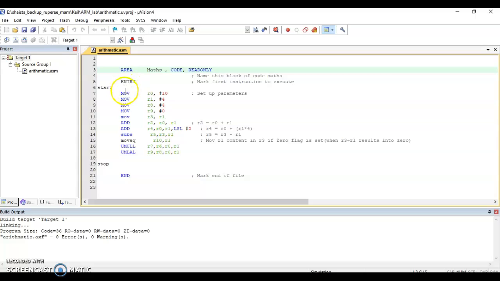After ENTRY, whatever the first instruction is, that will be executed. That is an indication to the assembler that after this, the next instruction has to be executed. And END is the assembler directive that informs the assembler to stop executing the instructions.